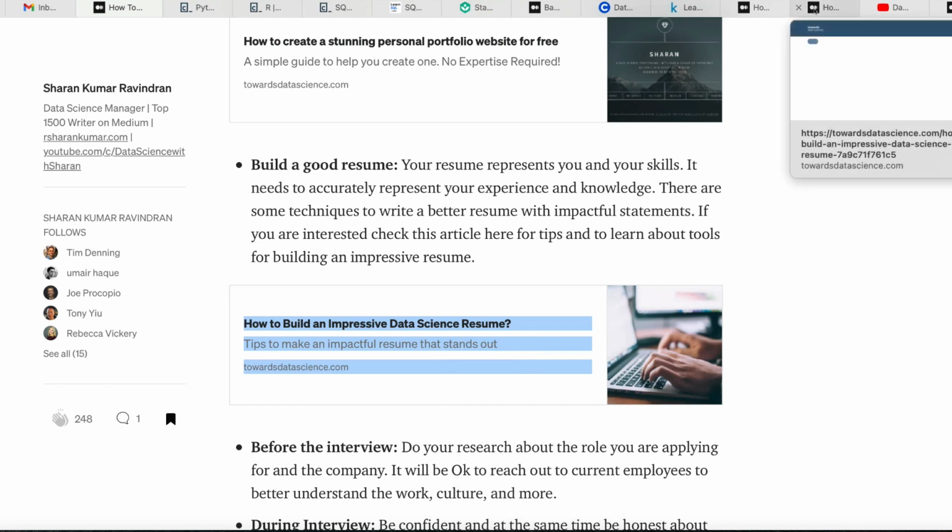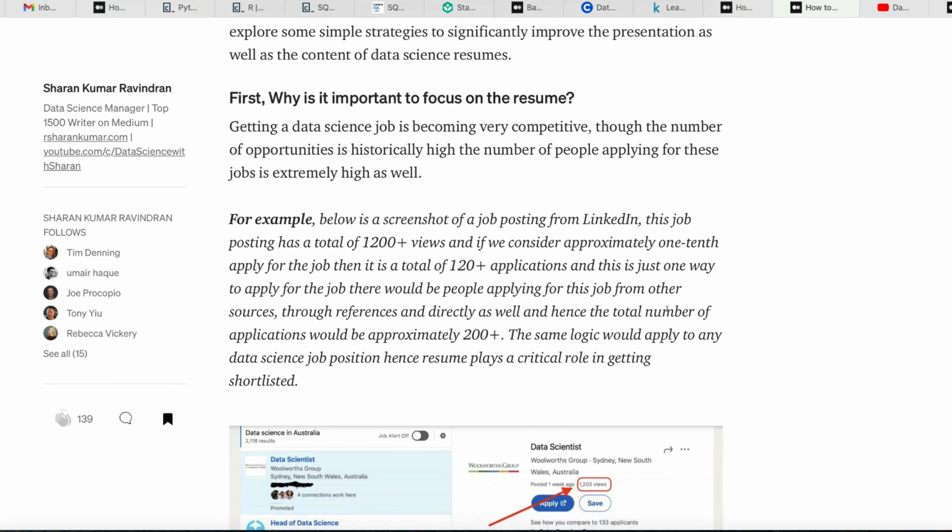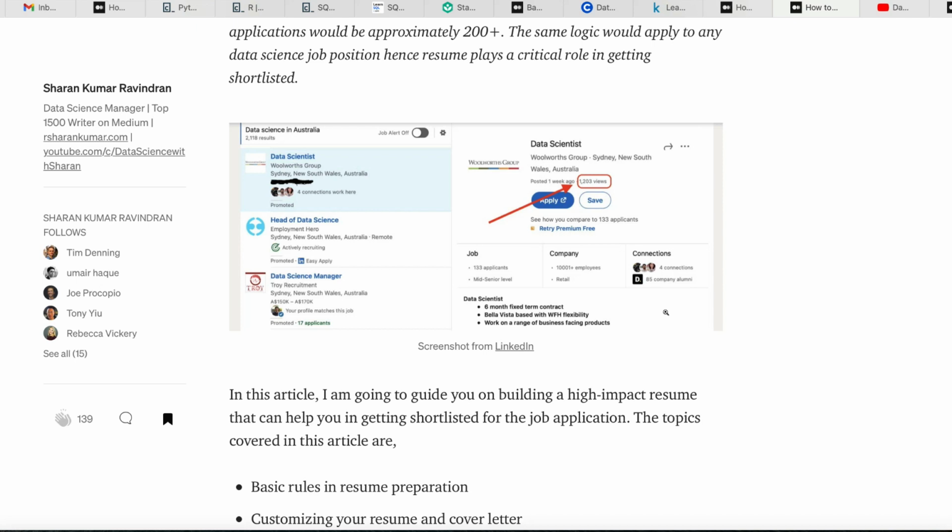This article covers building a quite impressive resume. It also covers the various tools that are available, which can be used to come up with a good template. It also covers a concept called Google's XYZ formula, which is very useful for converting your accomplishments into high impact statements. For a lot of data science job positions, the resumes are shortlisted by algorithms. So it is important for you to ensure that your resume has the keywords as well as quite impressive, high impact statements to get shortlisted for the job.